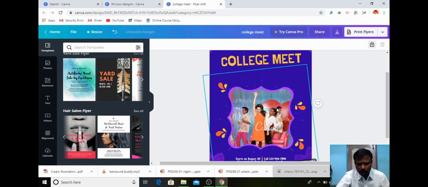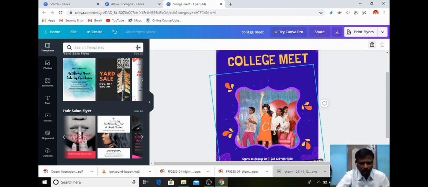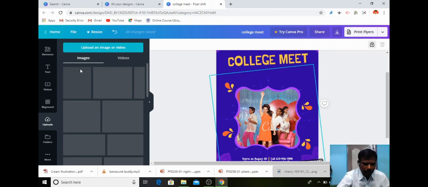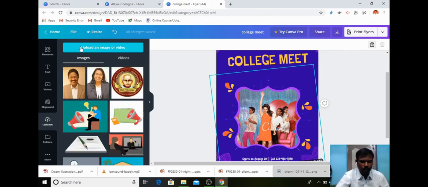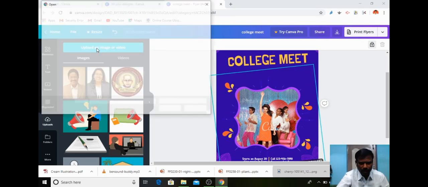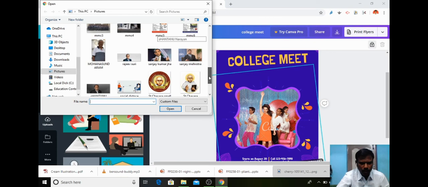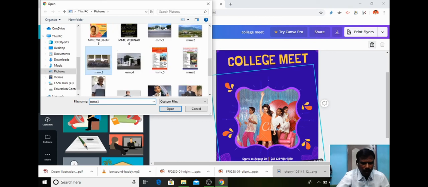If you want to change the picture here, I can upload my own picture by using this left hand side. There is an option called upload. Here I can upload the image from my computer. So this button can be used for uploading an image. So this is my computer. If I want to upload the picture of my college, I can use this upload option.